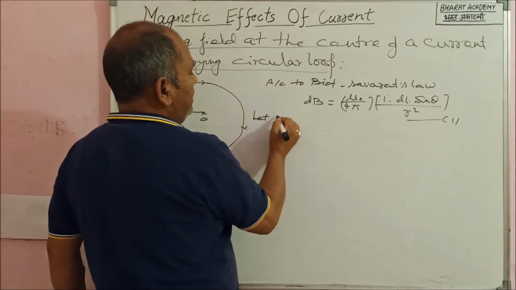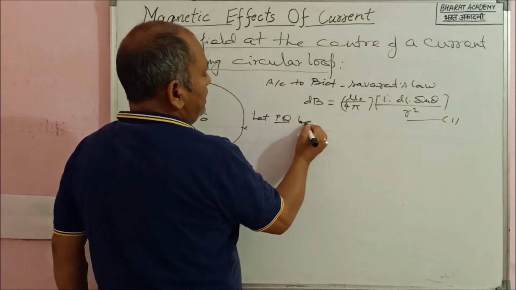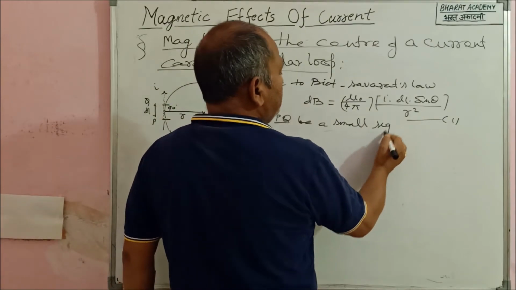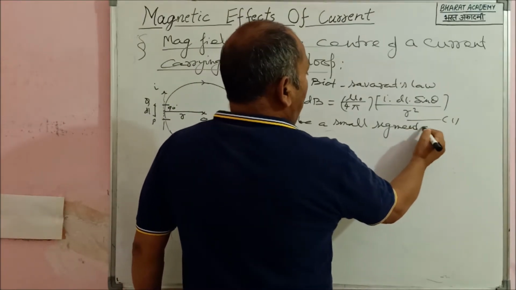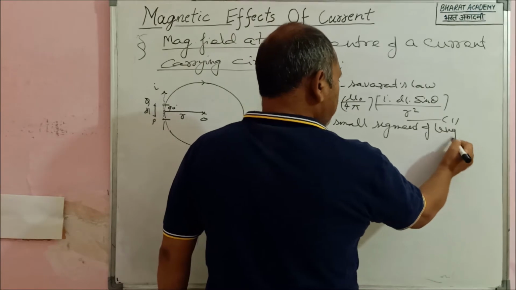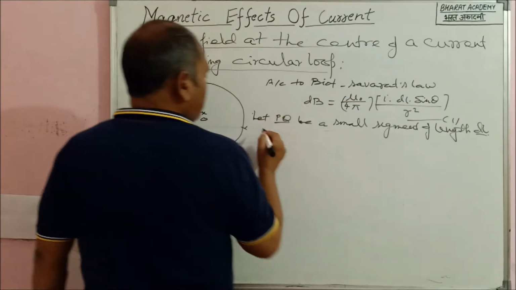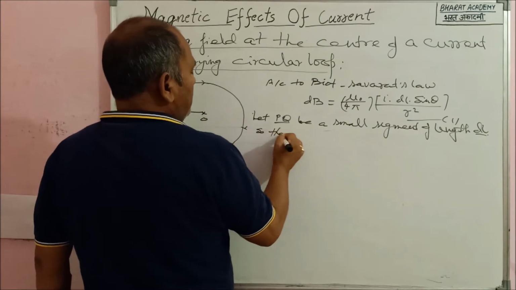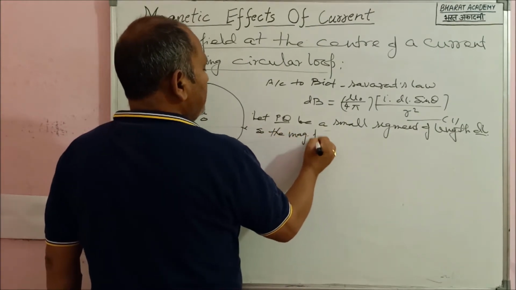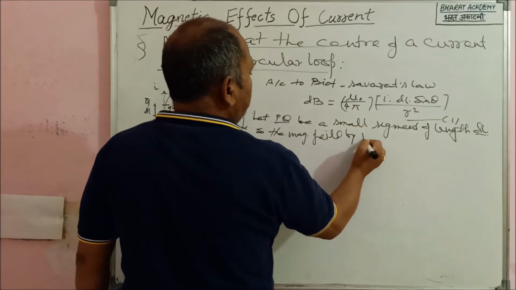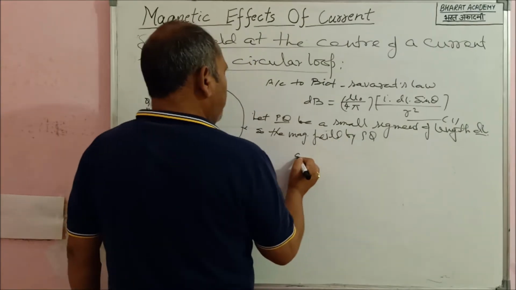Let PQ be a small segment of length dl, so the magnetic field by PQ, dB, if I say,